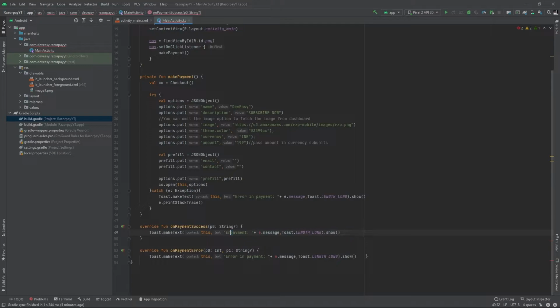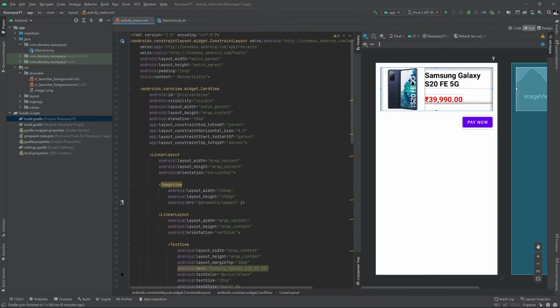So we will just tell payment successful. Payment successful, and error. Pay1. So this is our error message.